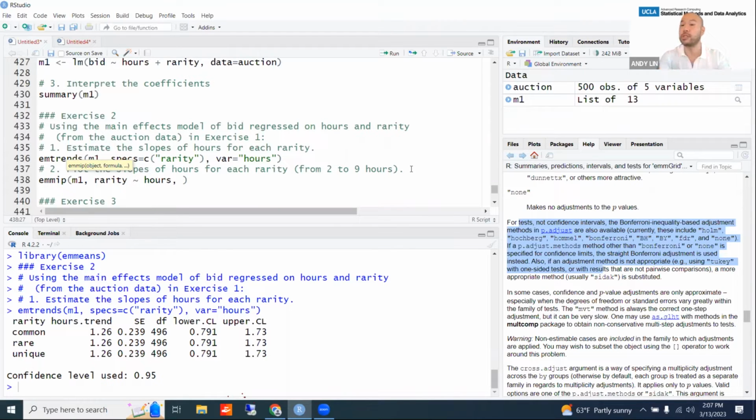So hours ranges from 2 to 9 in the data set. So we're just going to use those two values. So I say at equals, and then list, and then go ahead and do open and close parentheses. Then inside of the list parentheses, you put age equals, and then C, and then inside the parentheses for C, you do 2, 9. Okay. So model object, break variable, tilde, X variable, at equals list, parentheses, inside the parentheses, the variable name equals, then a vector of the values at which you want to calculate the predicted